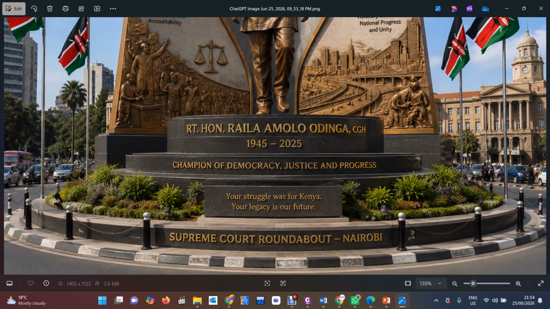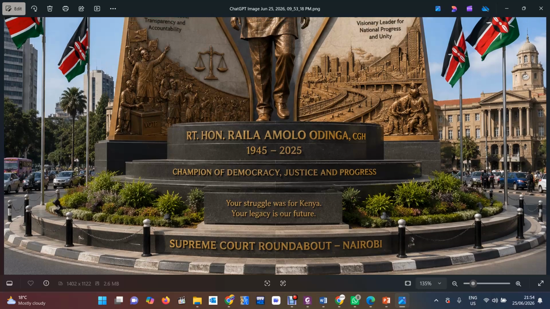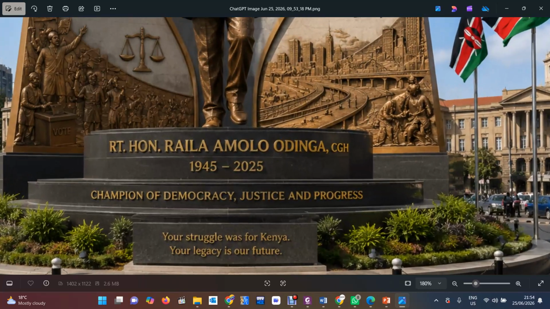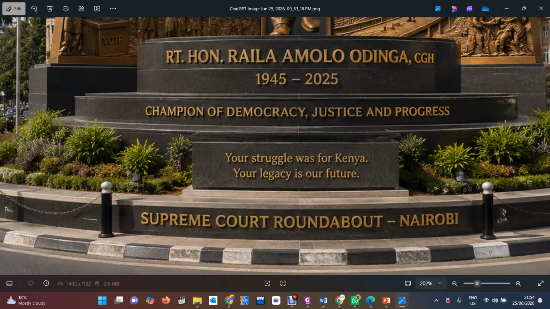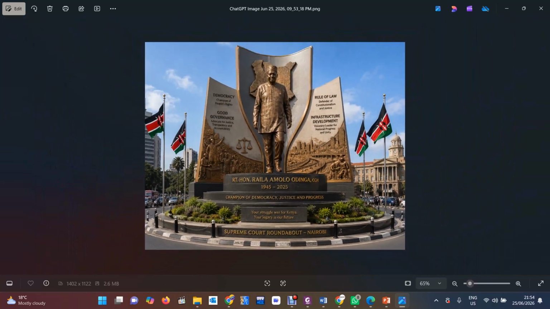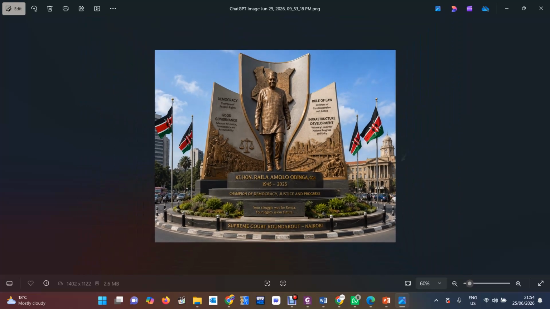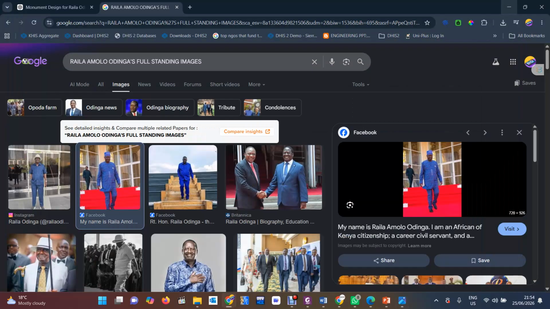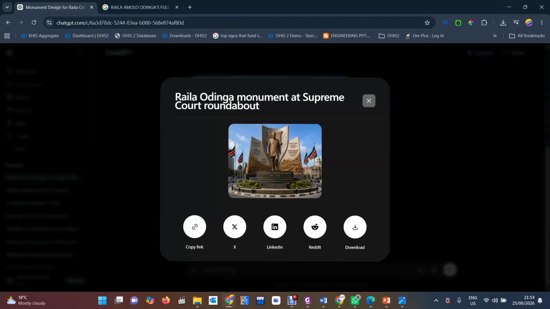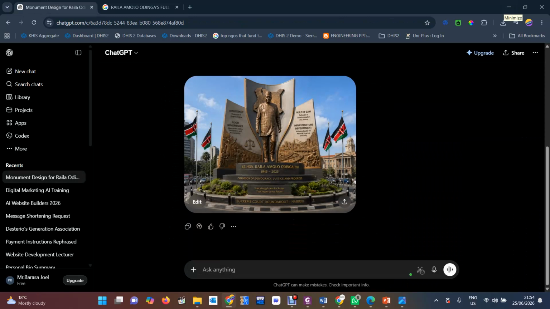From 1945 to 2025, champion of democracy, justice, and progress. Your struggle was for Kenya. Your legacy is our future. Then that is the final monument. So just by that, and then you give the designers to start building, you are done. So that is how you command anything that you want the AI tools to do for you.